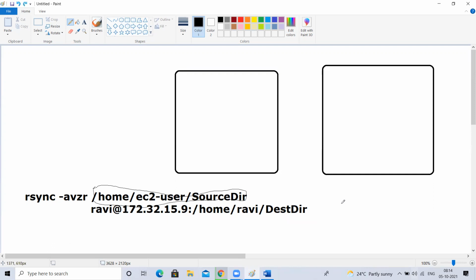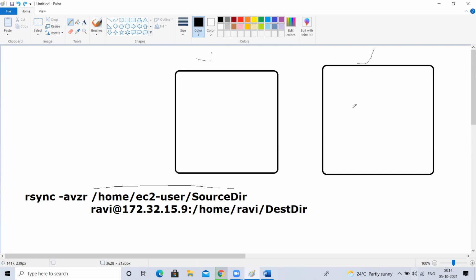Okay. Now, in the same way, tell me where I have to execute this command. On which machine? On this machine or this machine do I have to execute this command? First machine. Source machine, because I'm syncing from there. Here I'm already on the machine, so I'm giving this. So using this, it will connect to this machine.